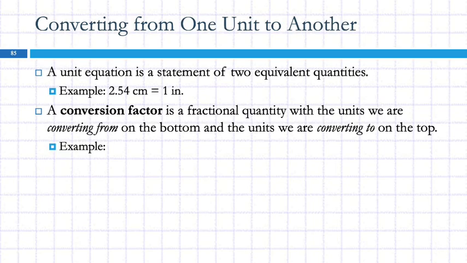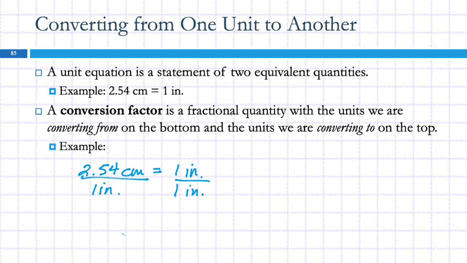So what we refer to as a unit equation is basically just a statement of equality. So 2.54 centimeters is equal to 1 inch, right? Those things are equal to each other. We can make that into a conversion factor by turning it into a fraction. So if I take 2.54 centimeters is equal to 1 inch, if I divide both sides by 1 inch,